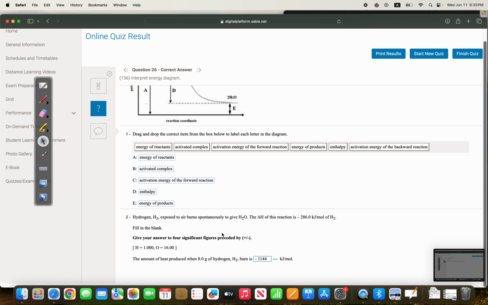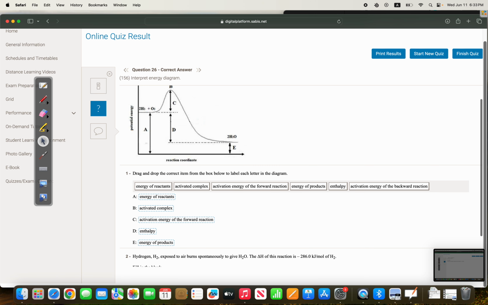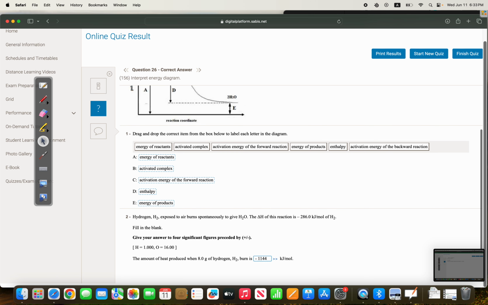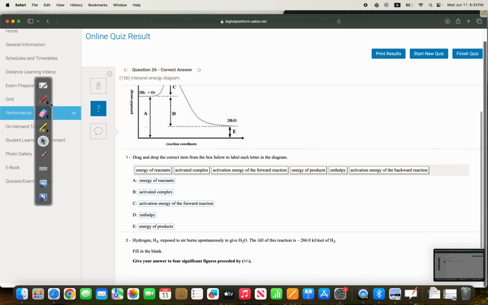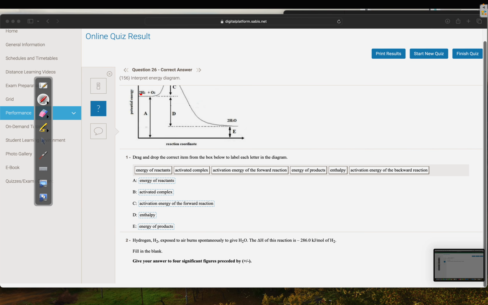The delta H of this reaction is negative 286.0 per mole of H2. So, okay, now let's say in this reaction, since they said negative 286 per mole of H2, let me just make sure,